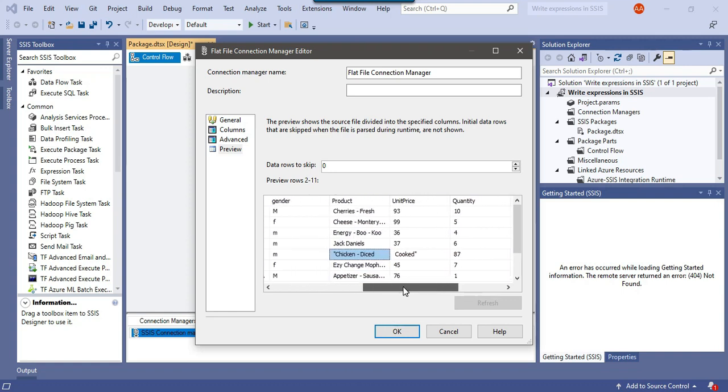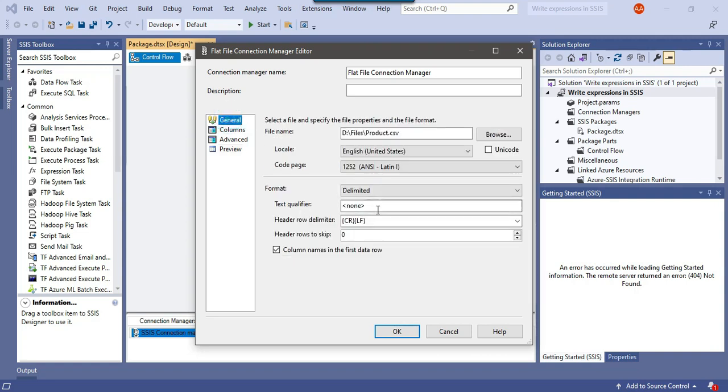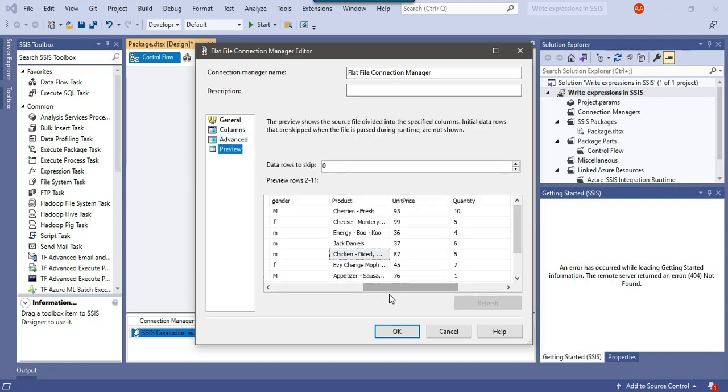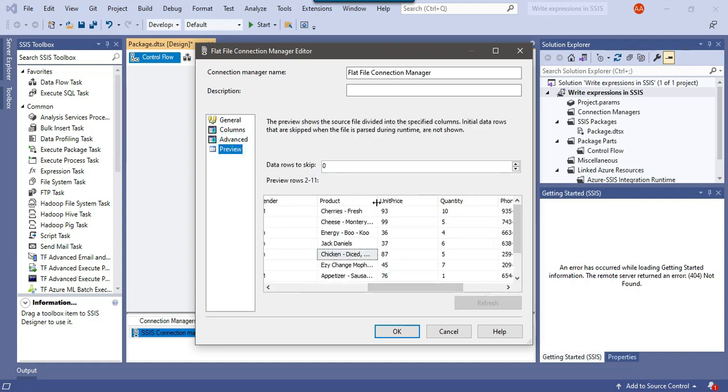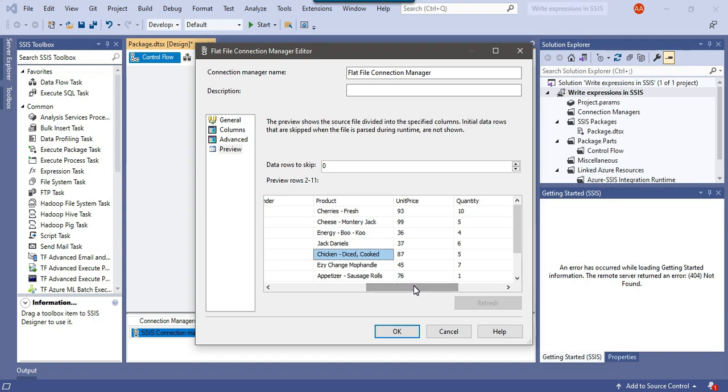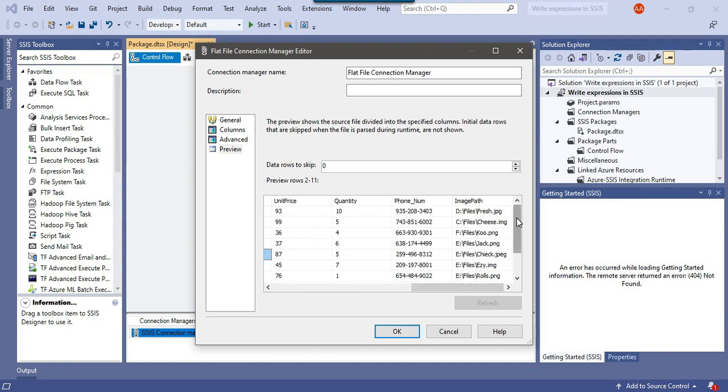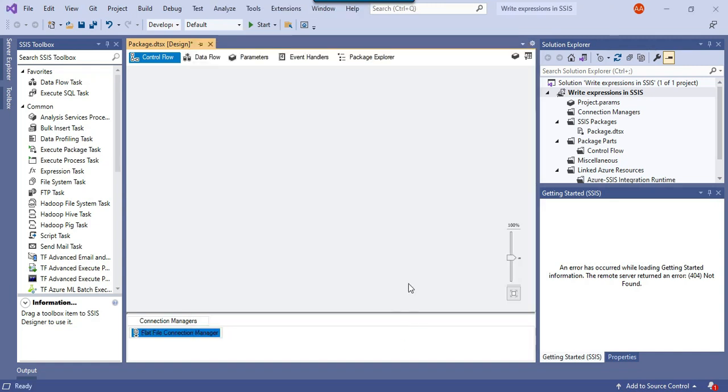To fix this, we need to use the text qualifier as double quote. If you put double quote here, now the data should be good, because there was a comma in the product name, so that's why it got shifted to another column. Now the data seems good here, so we can click OK.